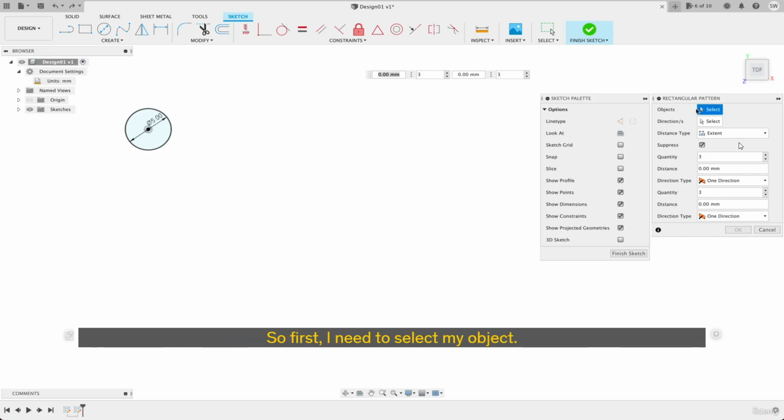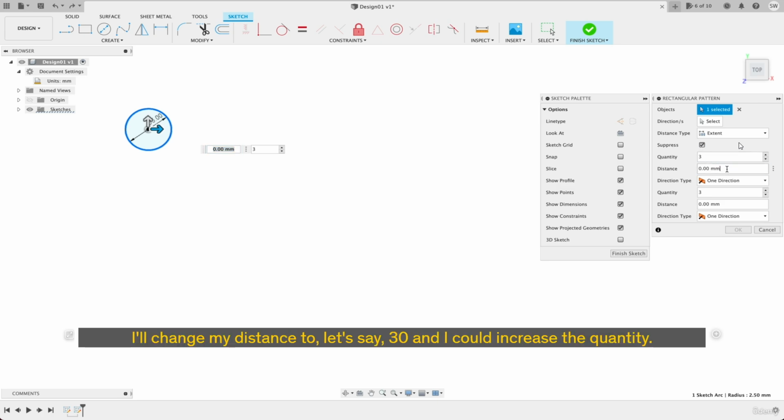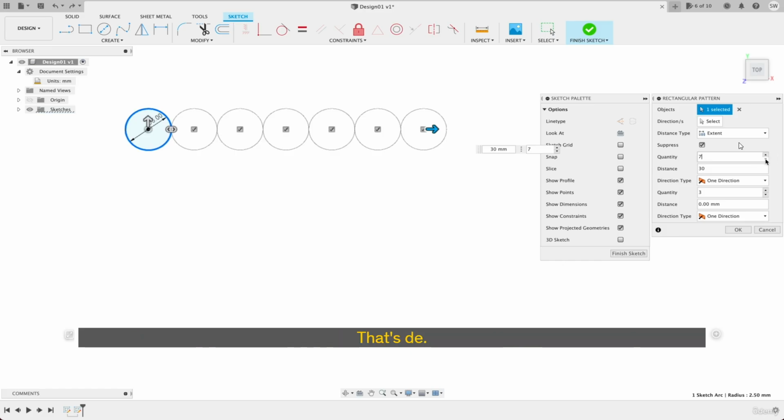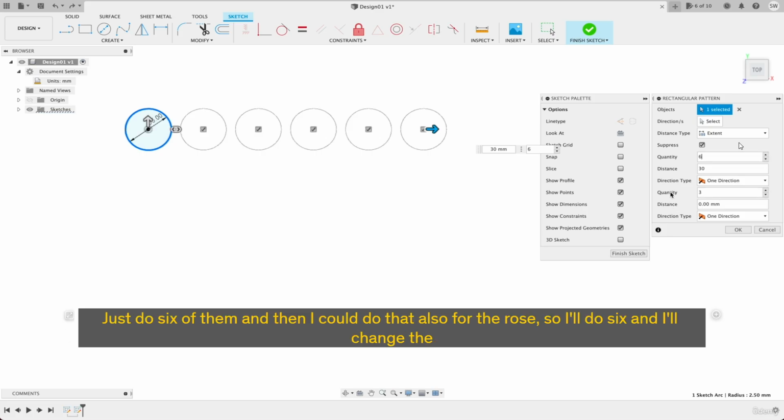So first I'll need to select my object. I'll change my distance to, let's say, 30, and I could increase the quantity. Let's just do 6 of them,